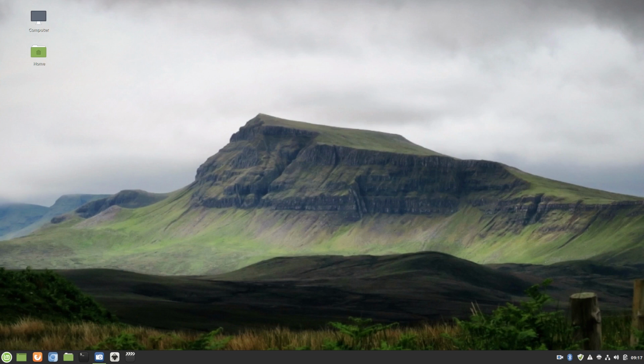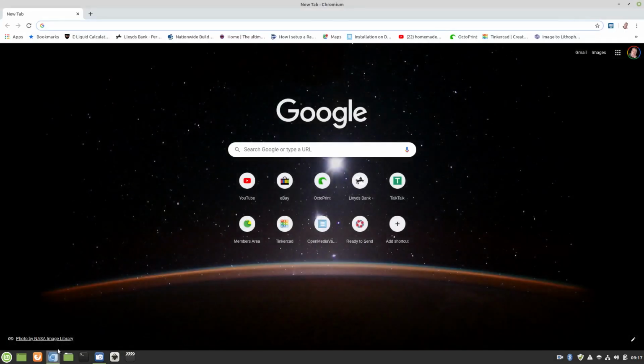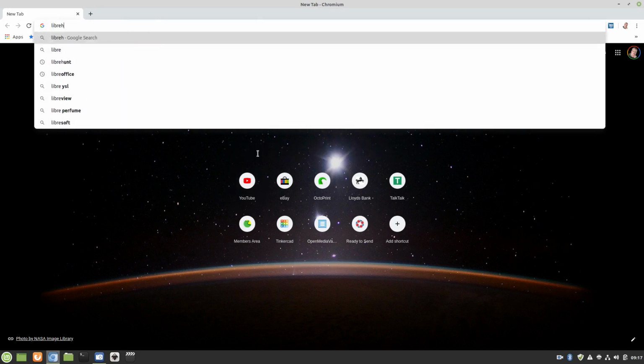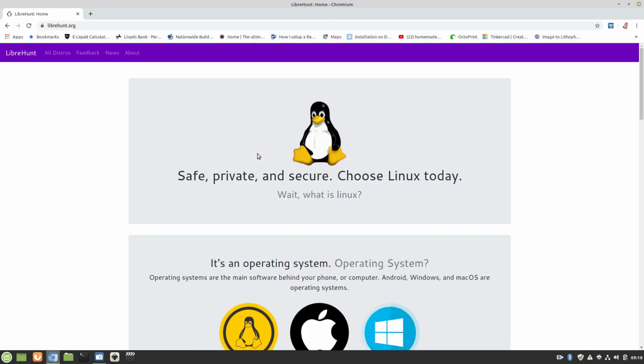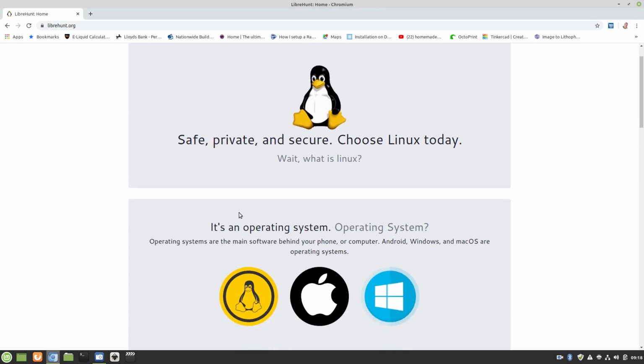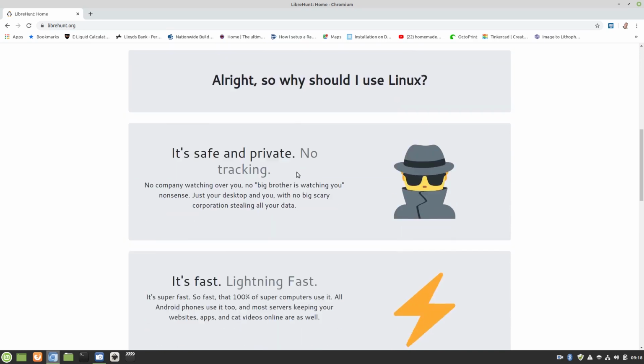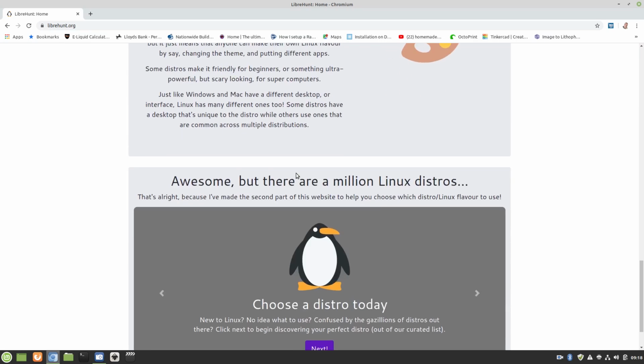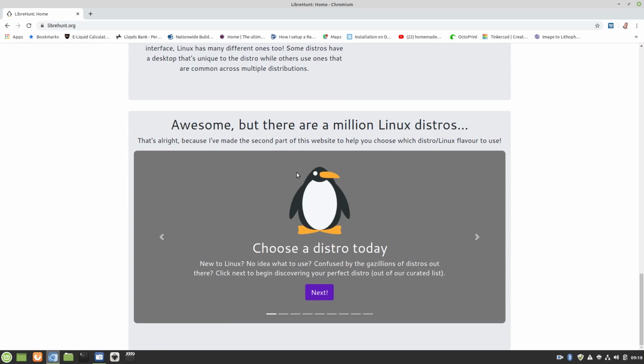The next question you may have is, well, Jason, there are so many distributions of Linux out there. Which one would I choose? Where do I start? Well, here's a useful website for you. It's called LibreHunt.org. So let me just give you a quick demonstration. We can read up on certain things like what is an operating system, why should you use Linux, etc., etc. But the most important part on this website is if we scroll right to the bottom, we can see